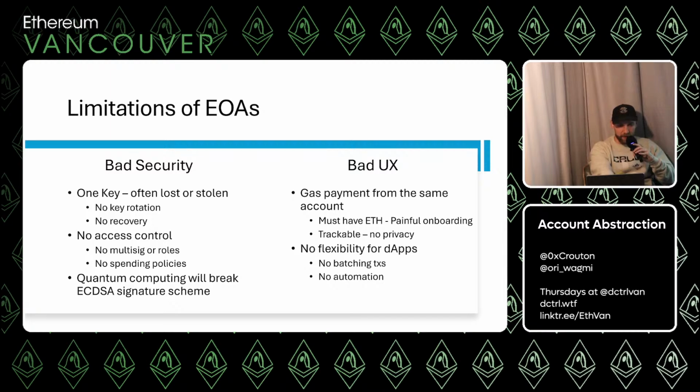We also have this issue of access control. There's only one single role within an EOA that can do everything. If you have the private key, you can do anything with the funds in the account. You can spend them without limits. You can send them to anybody, anytime. There's no multi-sig built in. There's no way to say I need somebody else's permission to spend money, or to set up spending limits and things like that. None of that exists by default within an EOA. Again, you have the private key, you can do anything, essentially.